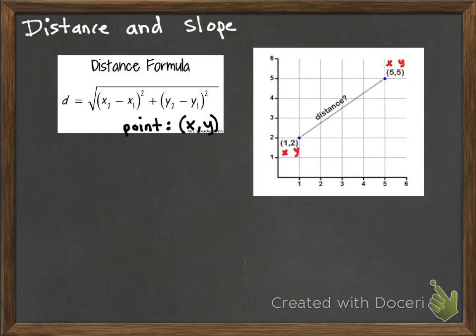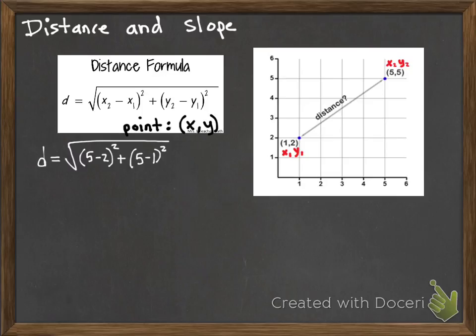And in the point 5, 5, the first 5 is the x number and the second 5 is the y number. We use little ones and twos to keep track of which numbers are from the first point and which numbers are from the second point. In order to find the distance between 1, 2 and 5, 5, we need to plug those numbers into the distance formula